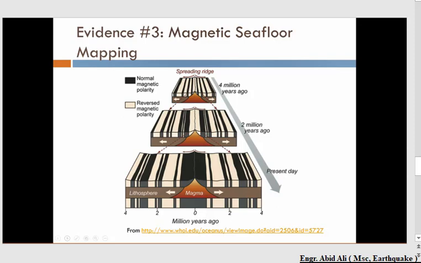This is like a mountain range that runs right down the middle of the oceans, and when they started mapping the sea floor, they started noticing a pattern of polarity. Now you may or may not be aware of this, but the polarity of the earth, if I draw the earth, up in the top of the world we have north, and down on the bottom we have south,